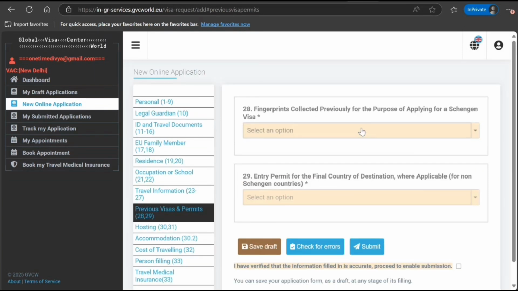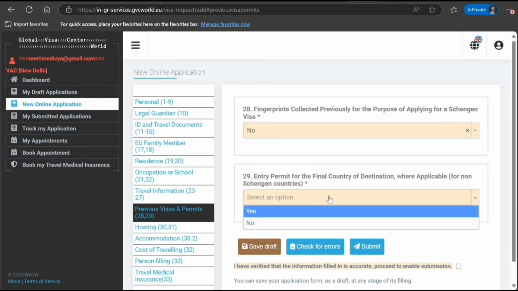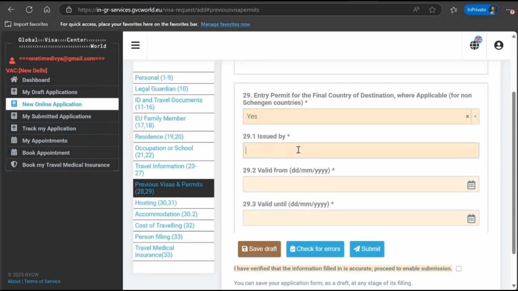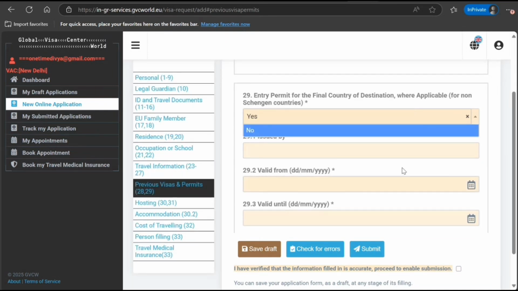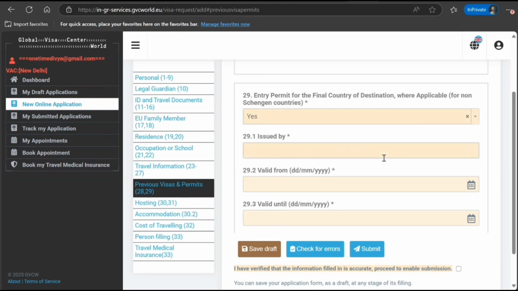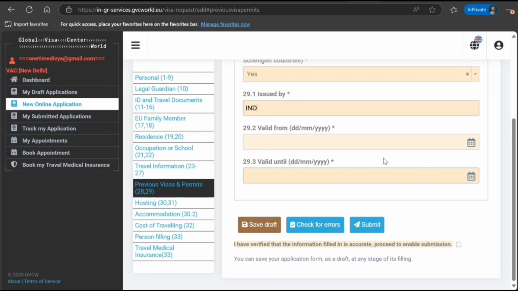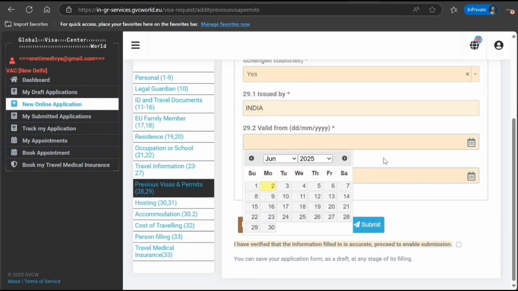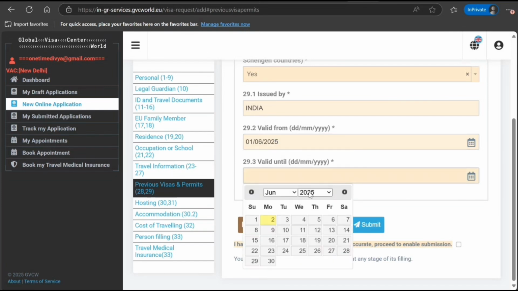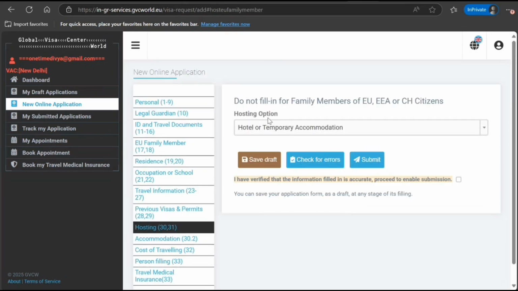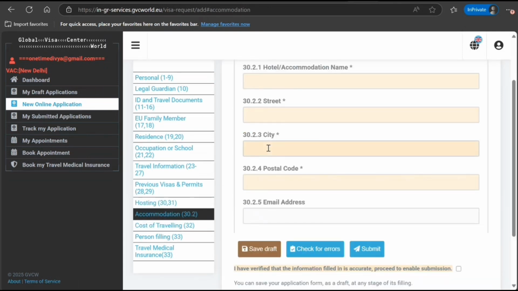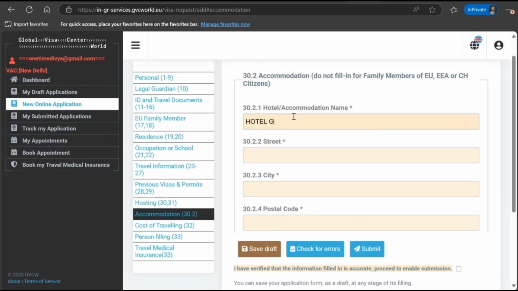Fingerprint biometric for previous Schengen visa, I select no. Entry permit to the final destination country, where applicable for non-Schengen country. Yes, issued by. Oh, this is like passport. Posting, where I select hotel or temporary accommodation. Yeah, accommodation, hotel accommodation name. Say hotel